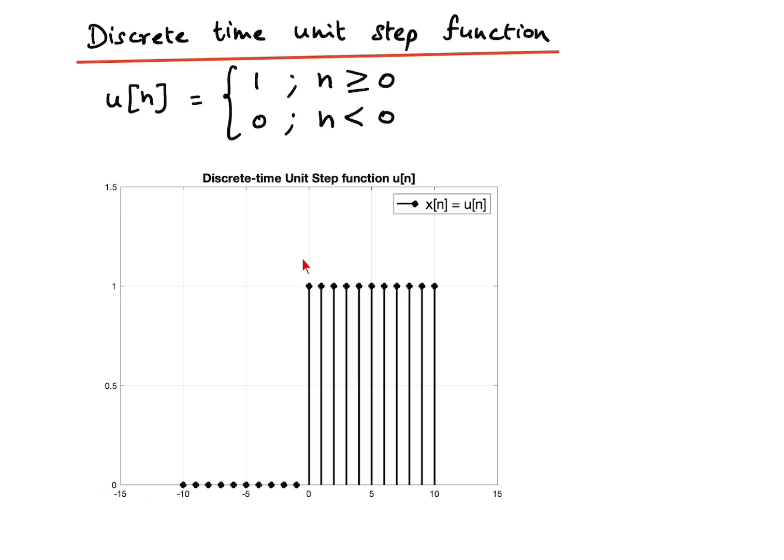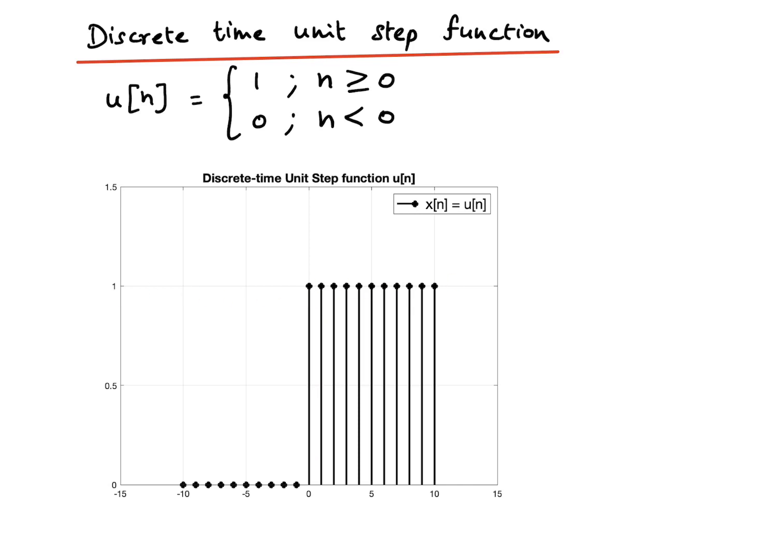Okay, it is having one value up to a certain index, and then the value goes up as a step. It is climbing in one step and it remains there for the rest of the time. So that's called a unit step function. And again, if you notice here, the unit step function, when you say unit, it means the non-zero amplitude is